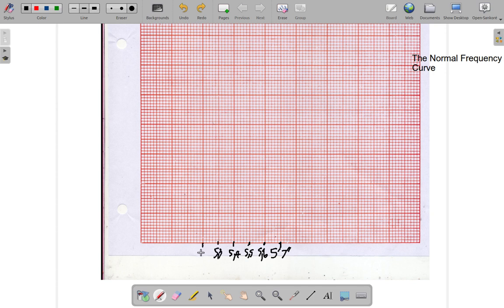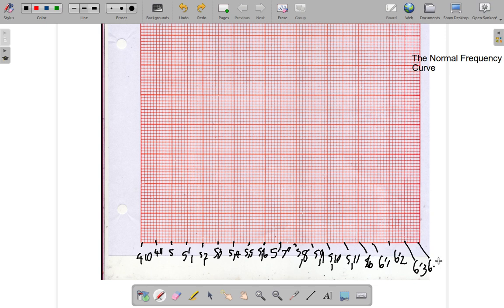5 feet 3, 5 feet 2, 5 feet 1, 5, 4, 11, 4, 10, and you go up to 5, 8, 5, 9, 5 feet 10 inches, 5 feet 11, 6 feet, 6 foot 1, 6 foot 2, 6 foot 3, 6 foot 4. All right. Now